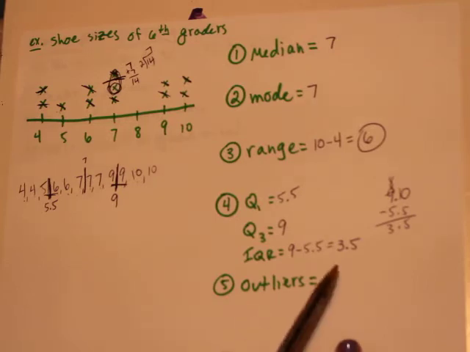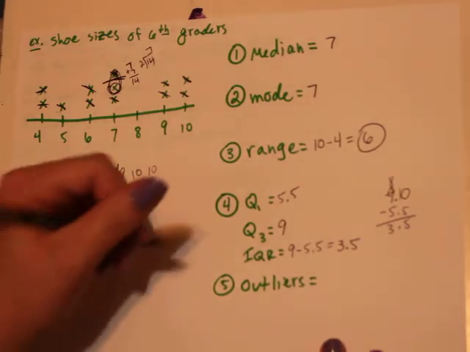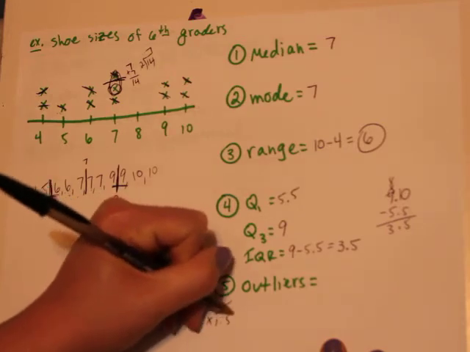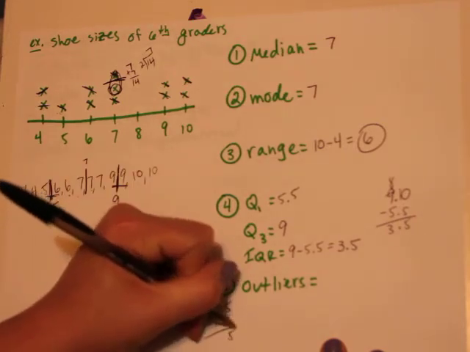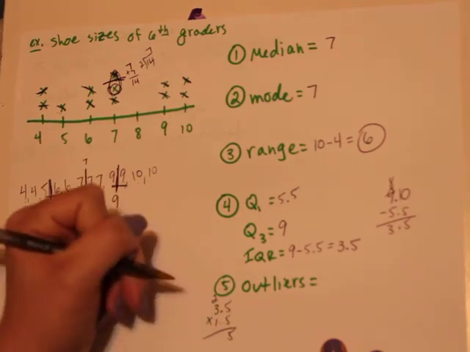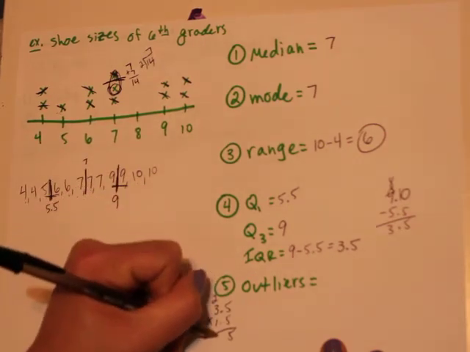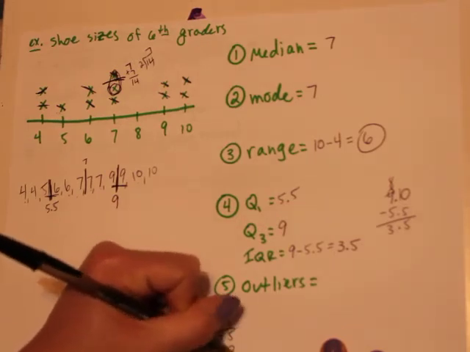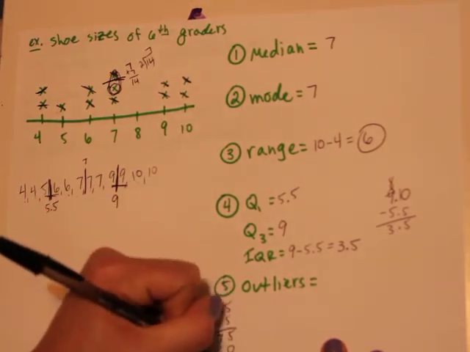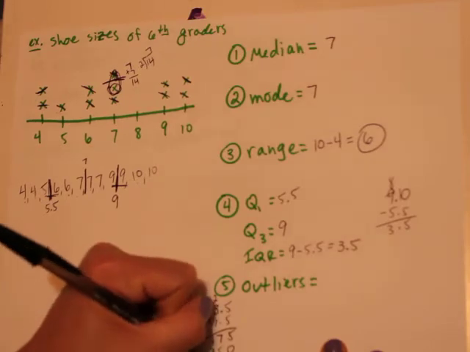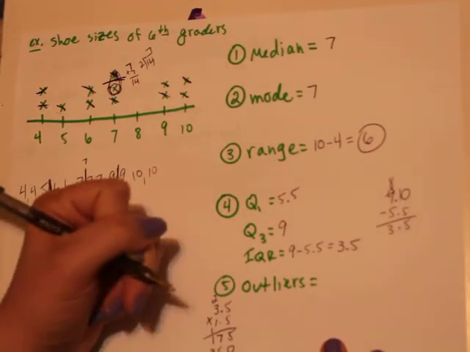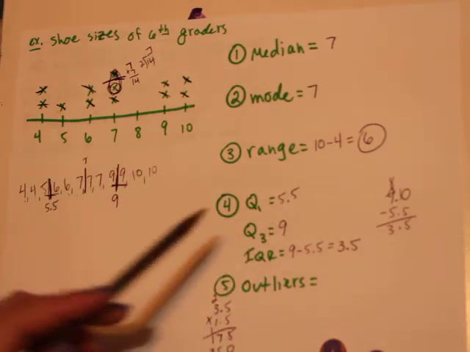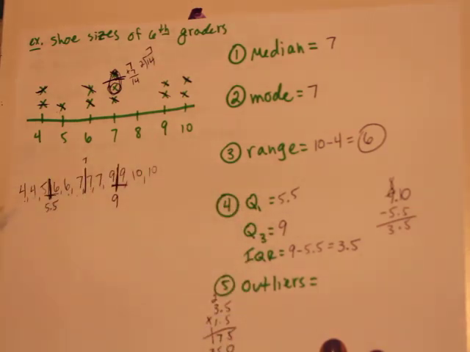Remember, outliers. You take the IQR, multiply it by 1.5. So 3.5 times 1.5. 5 times 5 is 25. 5 times 3 is 15 plus 2 is 17. 1 times 5 is 5. 1 times 3 is 3. So we got 5.25. So now we're going to take 5.25 and we're going to subtract it from Q1 and